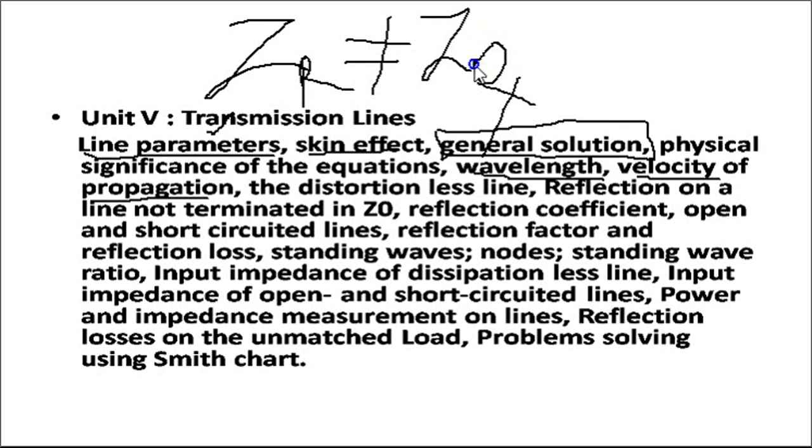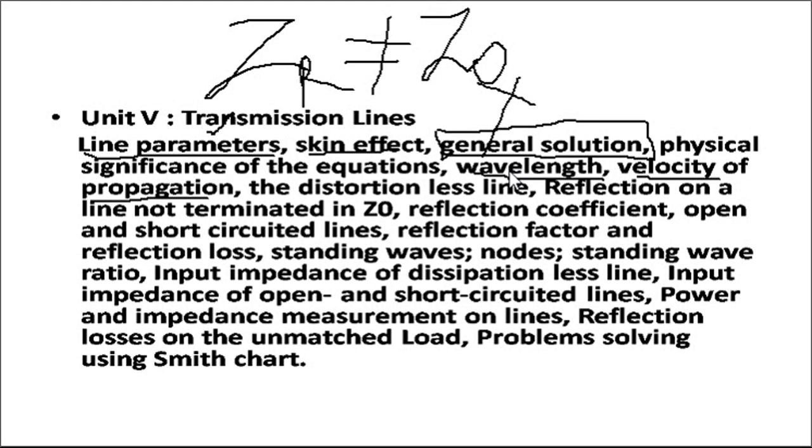If the line is mismatched, what are the effects? Certain energy will be lost. There are many cases where ZR is equal to short circuit, where ZR is open circuit, or ZR is not equal to Z0. In any of these three cases, the power which is sent by the generator cannot be delivered directly to the load, and there will be loss. If there is a loss, a certain form of energy will be reflected back, and we will get reflections from the load toward the generator. Reflection is an unwanted phenomenon in transmission line theory, and we should avoid it.